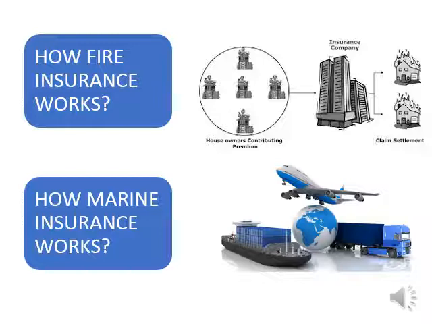But let us assume that we are expecting 10 fire losses in 1,000 houses. So how much is going to be the total loss at the rate of 10,000? Let us assume it is 1 lakh rupees. So the number of houses is 1,000, the loss is going to be 1 lakh, so the premium will be again 100 rupees.